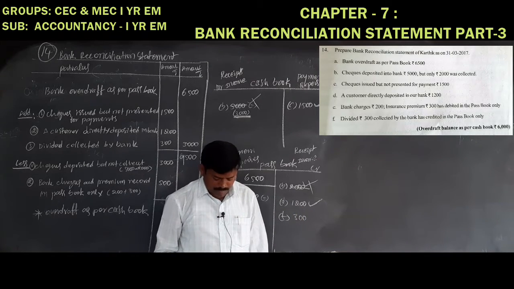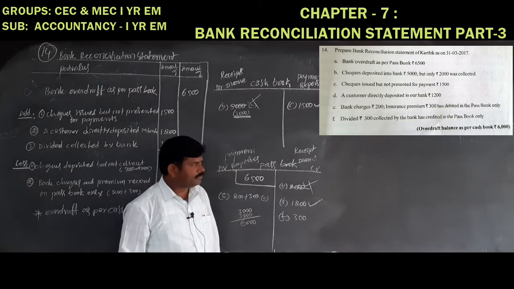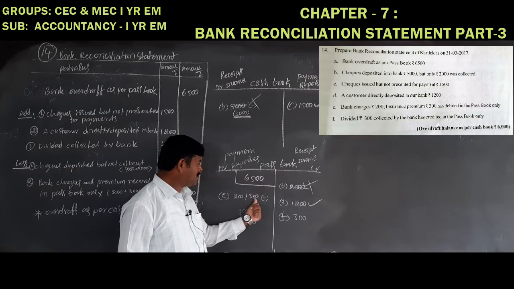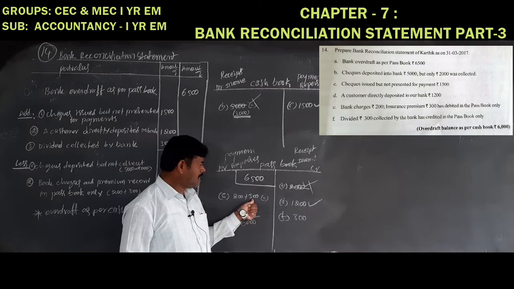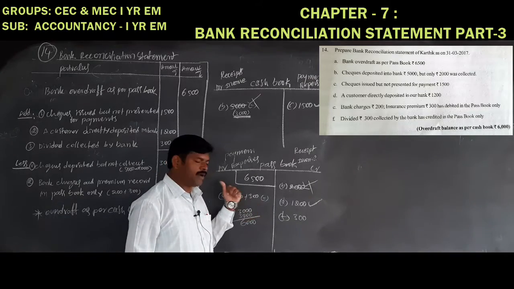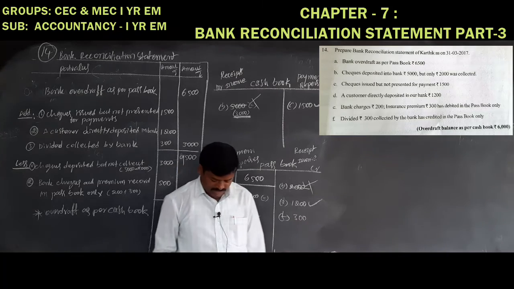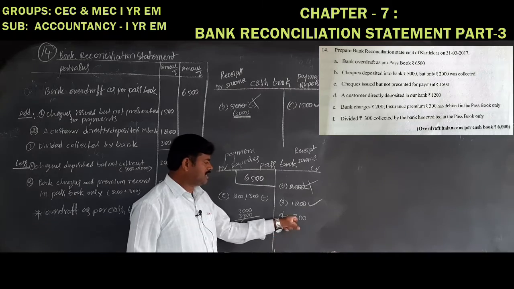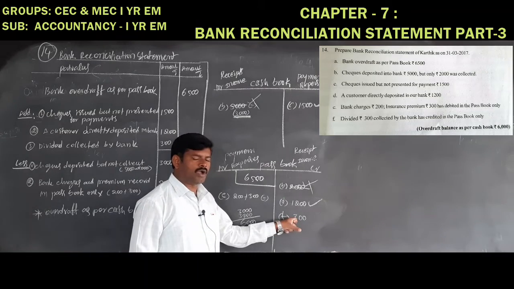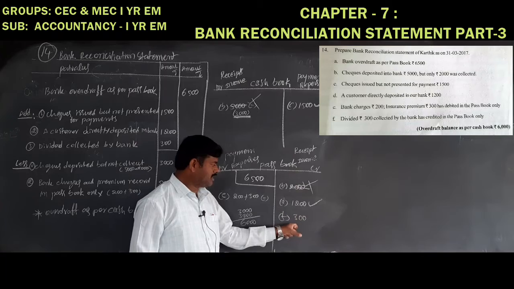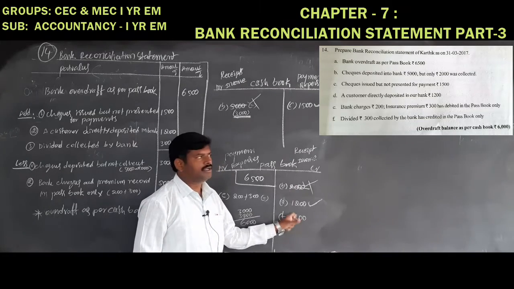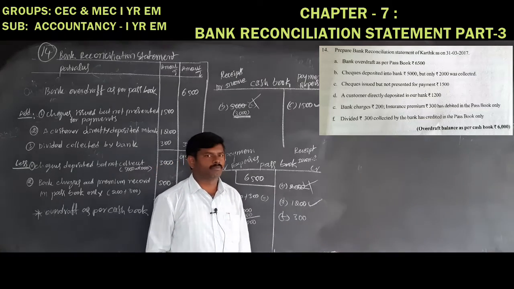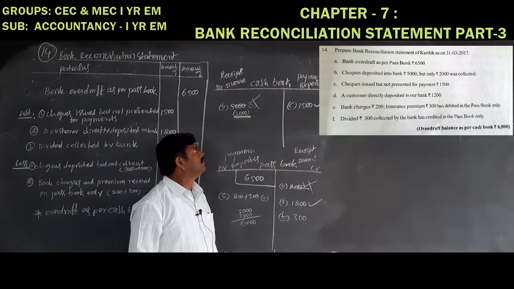Next, bank charges and insurance premium. Both are expenses, so they must be recorded on the passbook debit side. This is the bank charges, this is the premium. Total amount is 500 rupees. Next, dividend collected by the bank is credited in the passbook. This is income from the account holder's point of view. It must be recorded on the passbook credit side. These are the transactions, first recorded as per the information given in the problem.